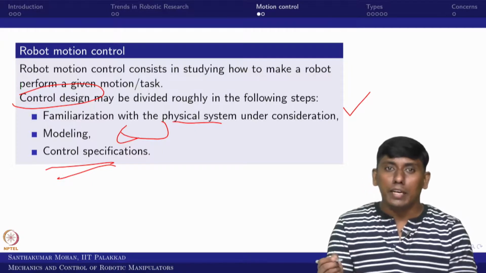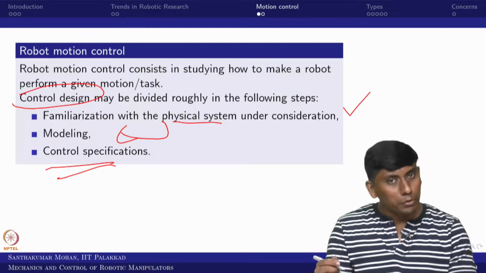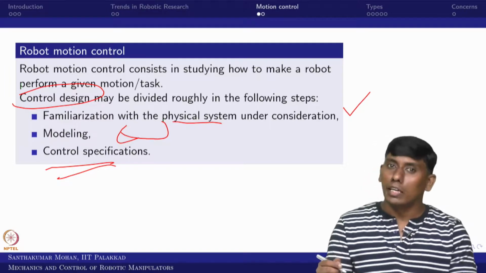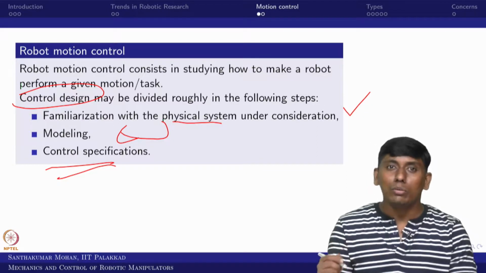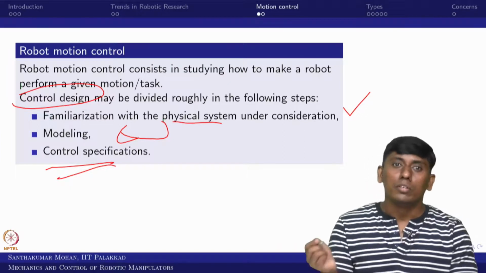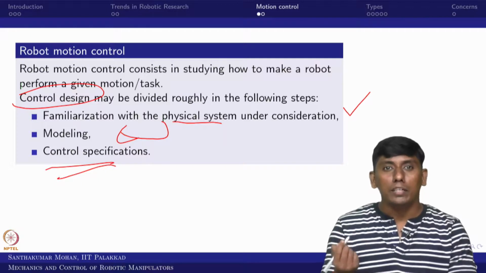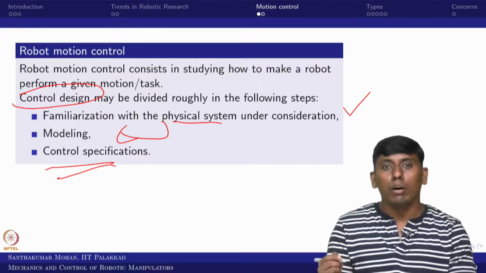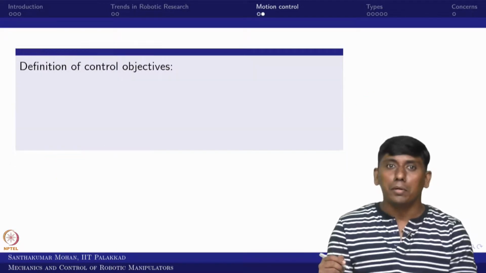So what would be the exact need? One important thing is that your closed loop system is supposed to be stable. Then your error should be within the design limit. In addition, you may end up with some kind of optimization, because your control input may be required to be as minimum as possible, or you want to make the system faster. So optimality will come.